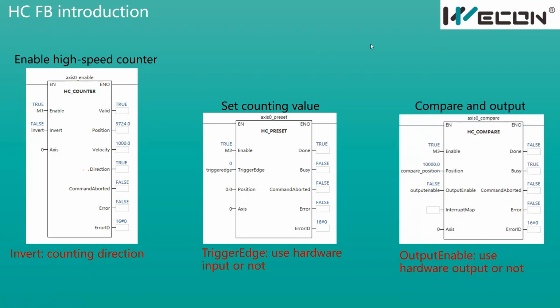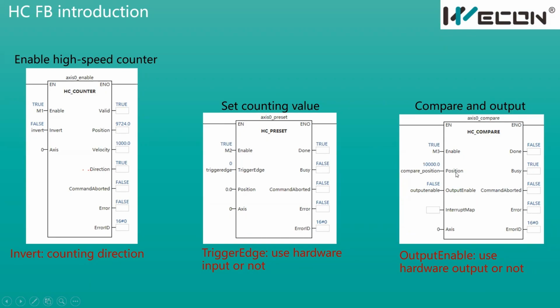And the next function block is this one, compare and output. This function block has 5 inputs: enable, axis, and this position. This position is our comparison position. It means when the counting value, this output of this HC counter, this position,